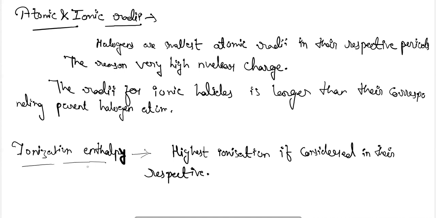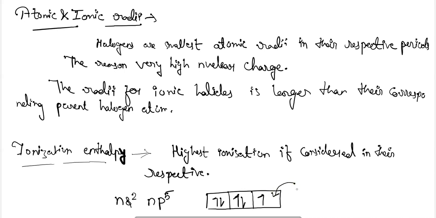And the reason is that they have the lowest tendency to lose electrons. If I look at the general electronic configuration here, it is ns2np5. It means that the p subshell of halogens possesses 5 electrons and 1 electron is left to complete the 6 electrons in the p shell. So here it can easily accept 1 electron in comparison to losing the 5 electrons from the p shell, and therefore it possesses the highest ionization enthalpy, because if it has to lose, then it has to lose the 7 electrons from its outermost shell.